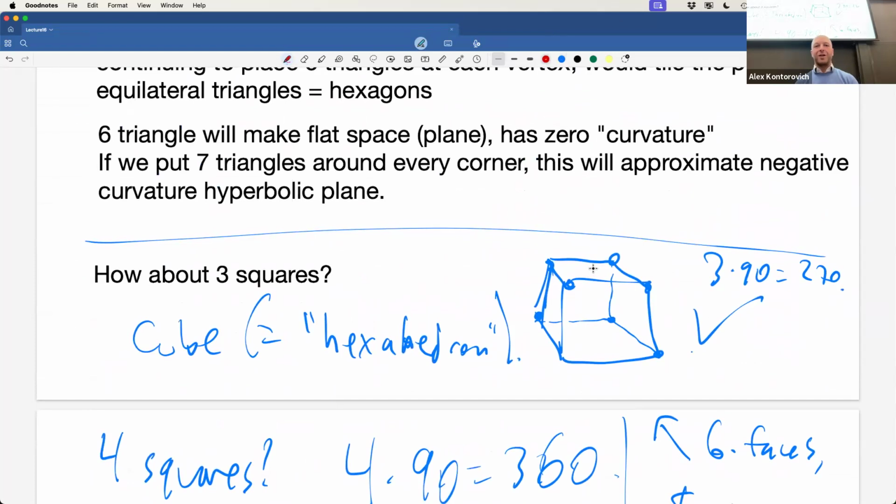I'm going to turn this face, the top face, into just a corner. I'm going to turn the bottom face into a corner. I'm going to turn each of these faces into, like I'm drawing the centers of the faces. And I'll connect an edge between any 2 faces that are tangent. So the left side and the top side share an edge. So I'm going to connect the left side and the top side.